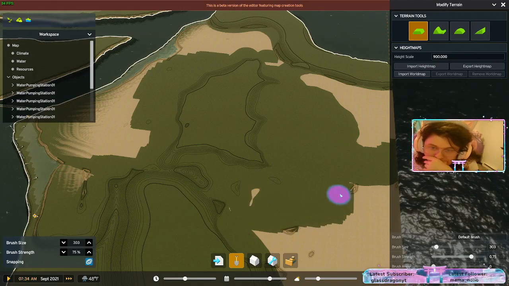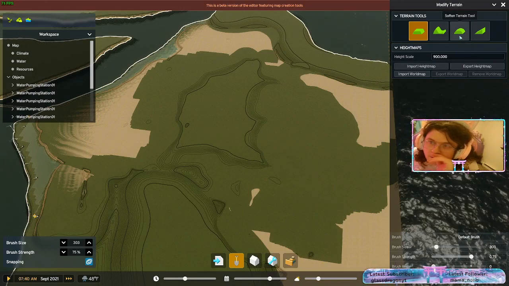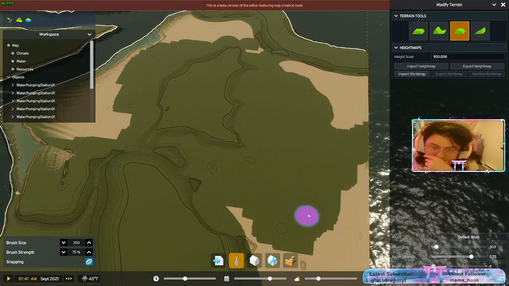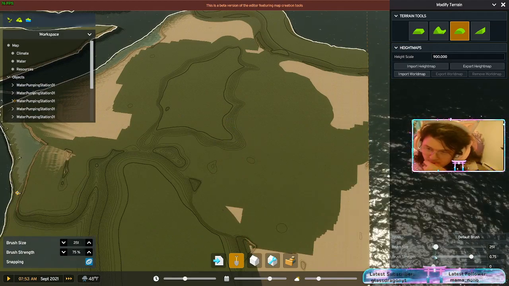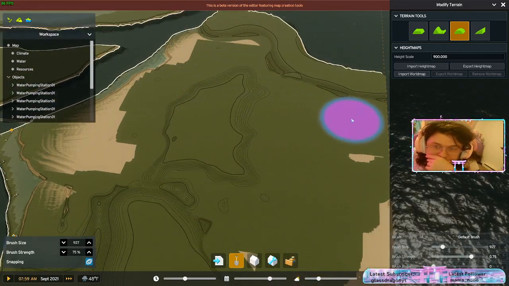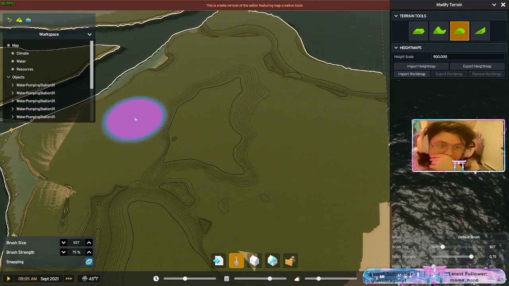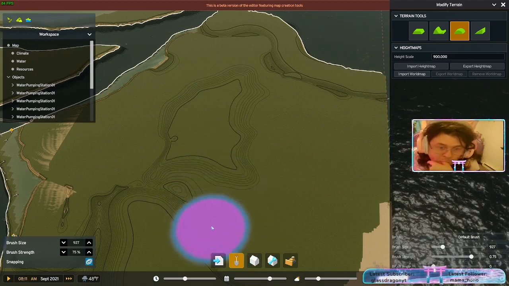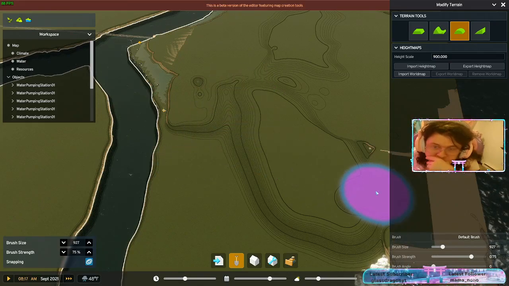Level. And then soften, let's take and soften this